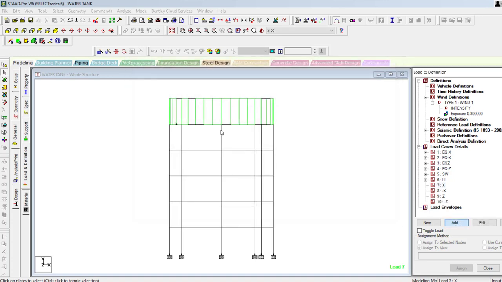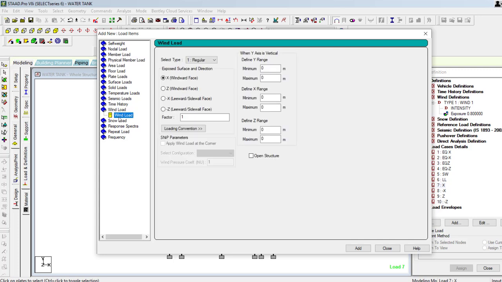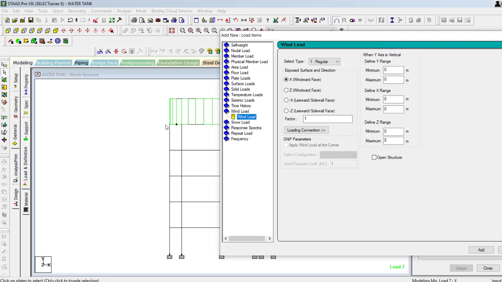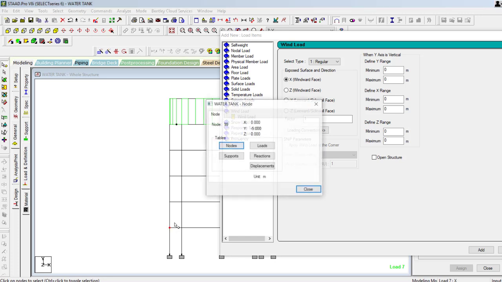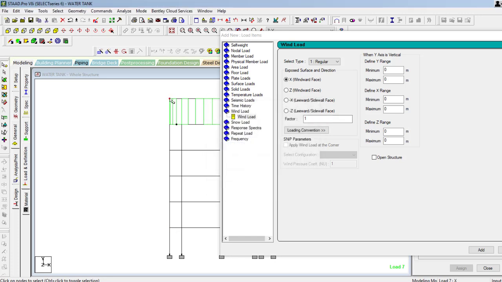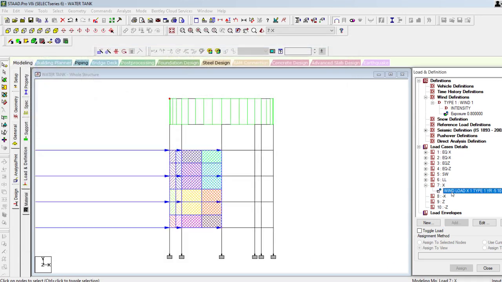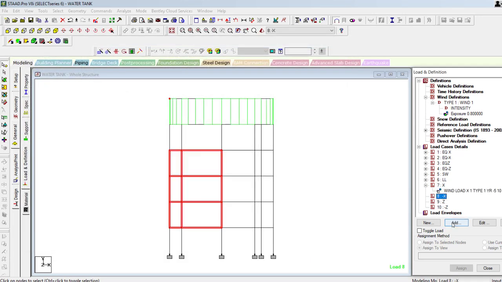Again you click on x direction, go to the wind category, confirm windward direction 1, and then you can give the height of the water tank about here, that is -5 to 10, like this, add and close like this way.